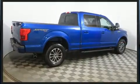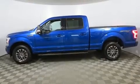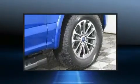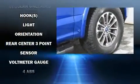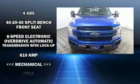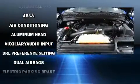Top features include a split folding rear seat, delay-off headlights, a tachometer, variably intermittent wipers, a rear step bumper, and air conditioning. Ford also prioritized safety and security by including dual front impact airbags with occupant sensing airbag, front and